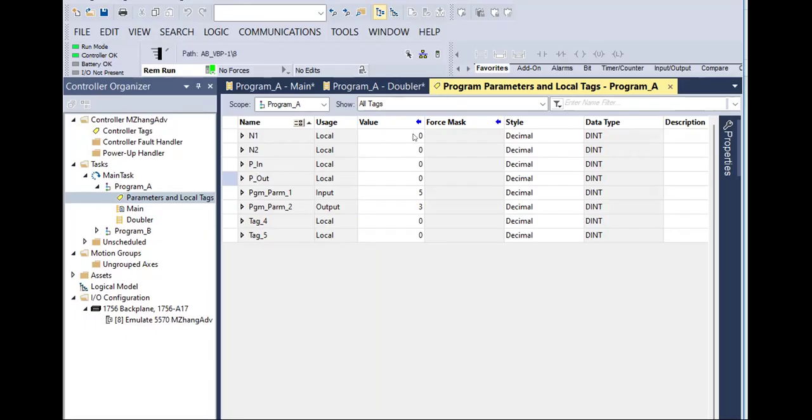And if I type in 1, you can see, as we designed, N1 is the input and passes the value into there. N2 is the output, that's the result. And within the subroutine, we use P_in, P_out, right? That's also in there. So you may argue,